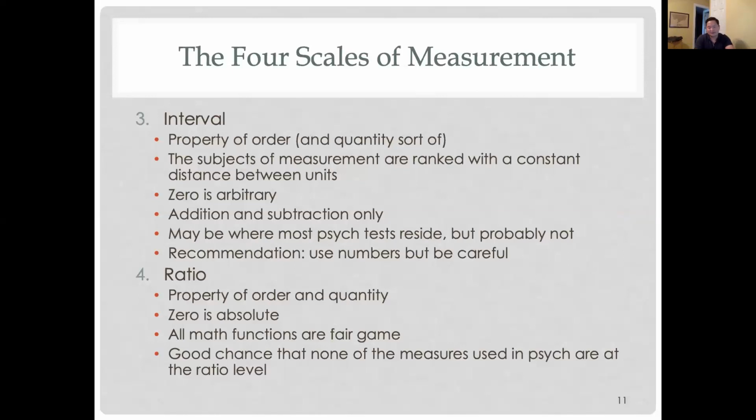If a rat, God, this is a terrible example. If you give a rat a bunch of drugs and it has a heartbeat of 0, does that mean there's an absence of heart activity? Well, in that case, yes, you've killed a rat, you monster. But you usually see this in the more science-oriented things. A time of 0.0 seconds means it took absolutely no time. But again, for a lot of psychological things, when we're measuring human beings, we don't get to ratio level.